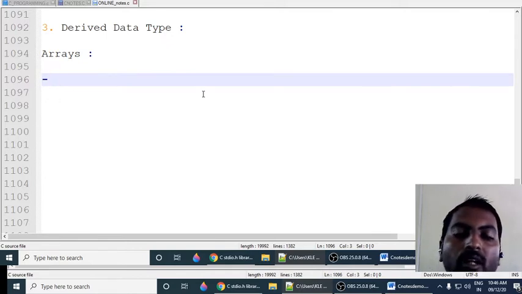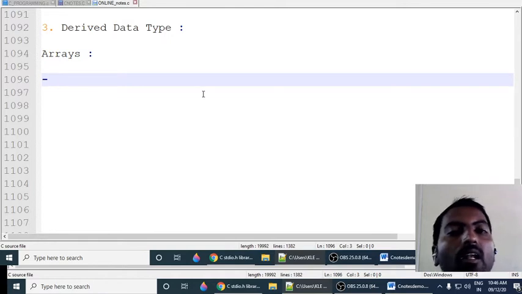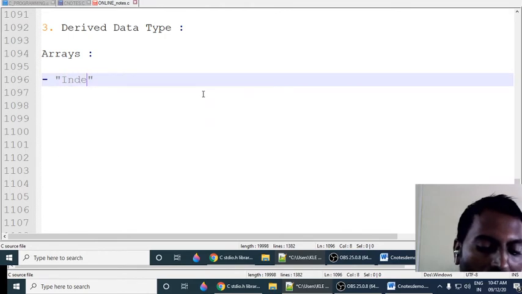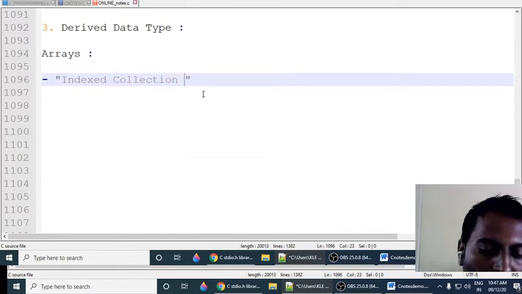Array is nothing but an indexed collection of homogeneous elements which are stored in continuous memory locations. Using a single variable, we can represent n number of values in my variable. So I will give the definition.